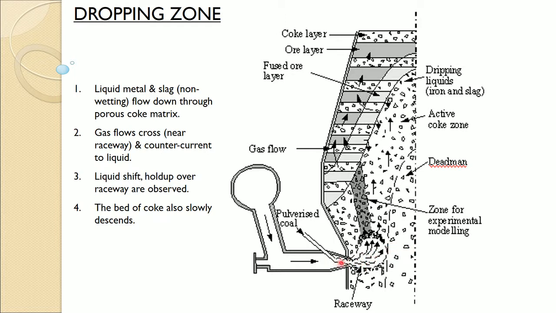So, at the bottom you have the tuyere through which the oxygen or hot air is blasted, and the pulverized coal or oil or anything else is injected through this pipe, and the combustion occurs at the front of the tuyere. So, hot gases go up,